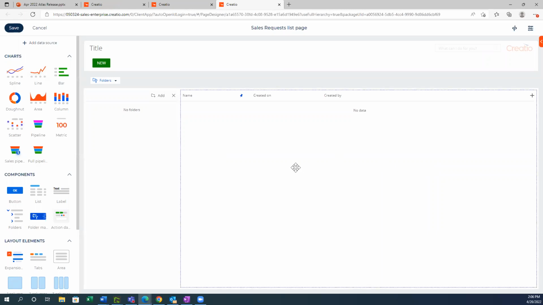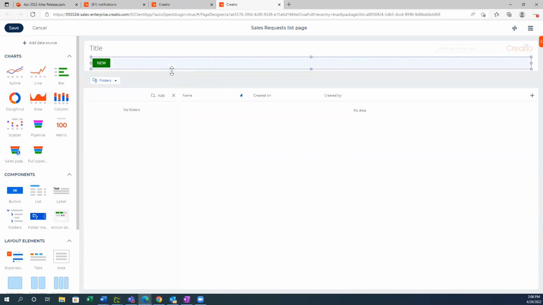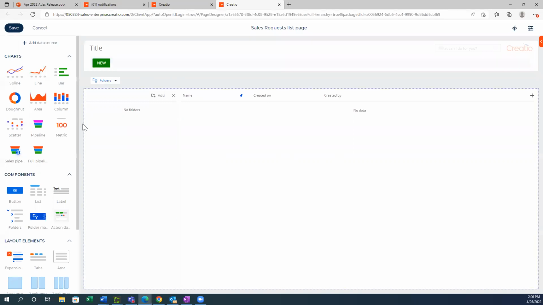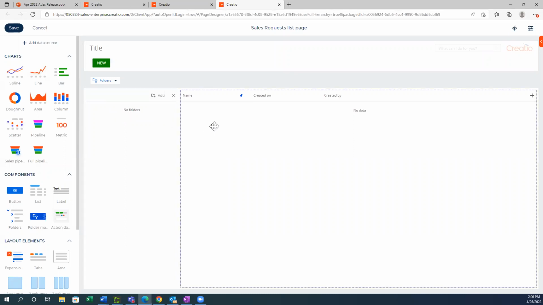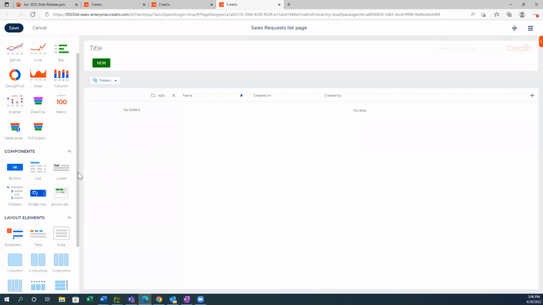So on the list page, there'll be a title header that you can rename. You can add buttons here for inputs. There's a folder section that you can add folders to, and of course the data form where you can add the fields that would show the data in that list. So we'll add a